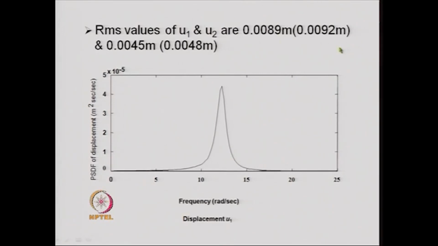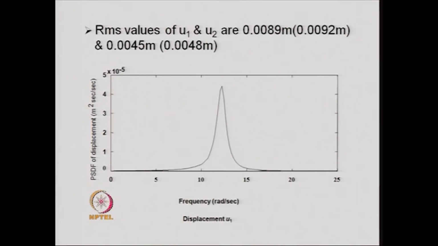So, we took the same El Centro earthquake as a time history, and we did a time history analysis for the multi-support excitation system with a time lag of 5 seconds between supports. We obtained the RMS value of the response from the time history as 0.0092, and the spectral analysis gave the result as 0.0089. So, you can see that the results are very close to each other. That verifies or validates the